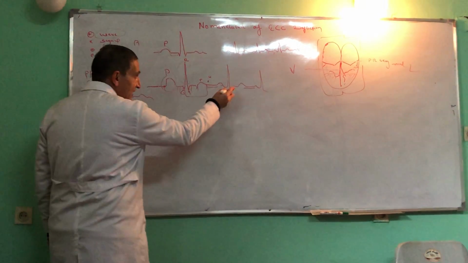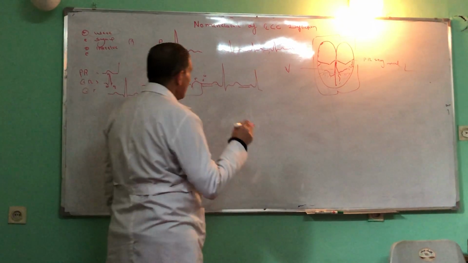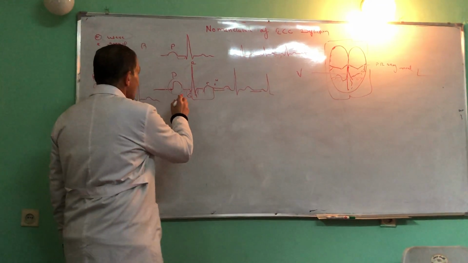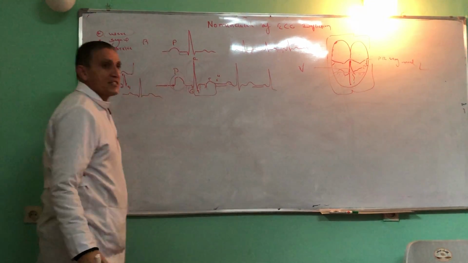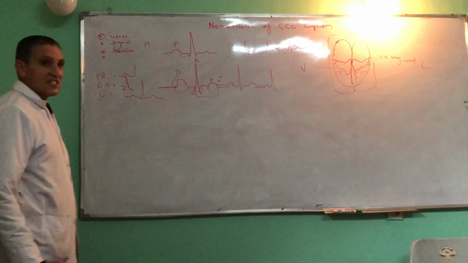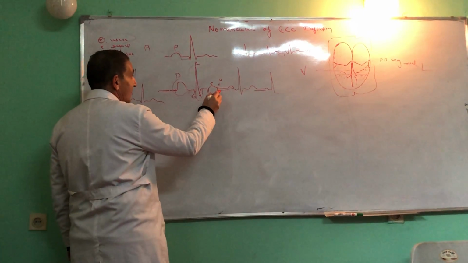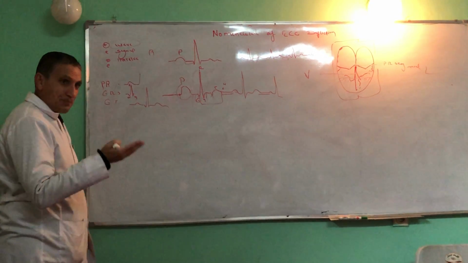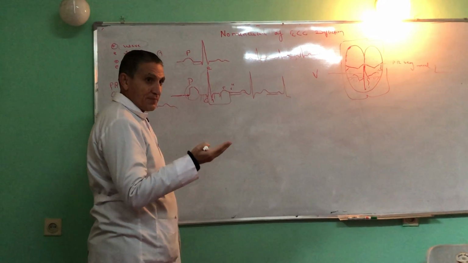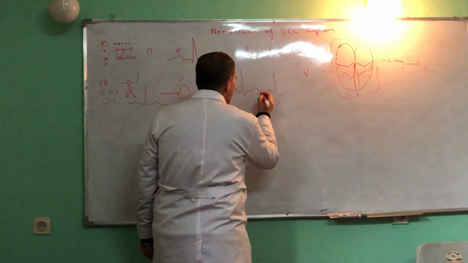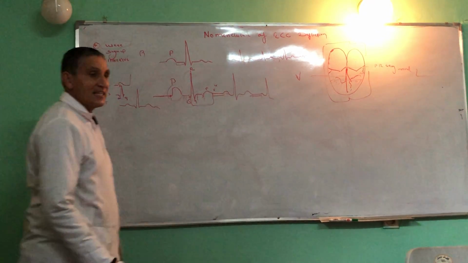This ST segment is clinically very important. Later on we'll be discussing the clinical role of these waves, segments and intervals. This was about the PR segment and ST segment, and now the TP segment. This TP segment is clinically very important. Why is it clinically very important? In this case, we can measure the depression and elevation of the waves, segments and intervals. So this is the TP segment. This is called the isoelectric line.